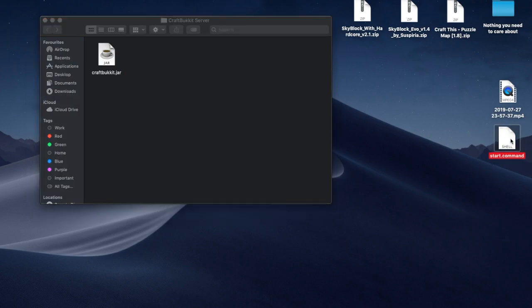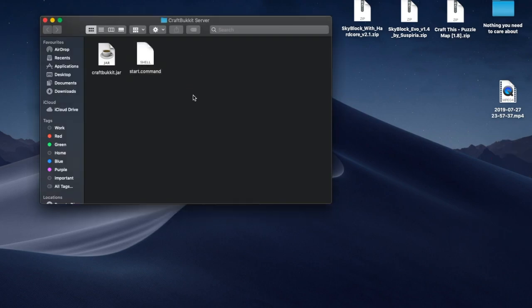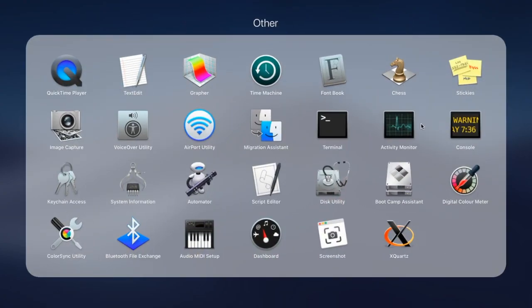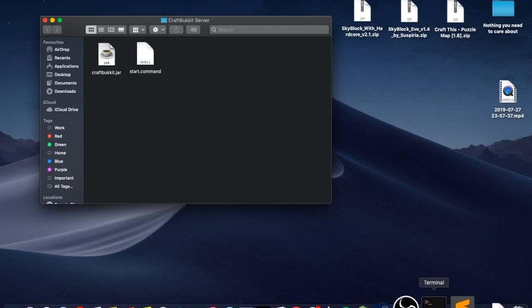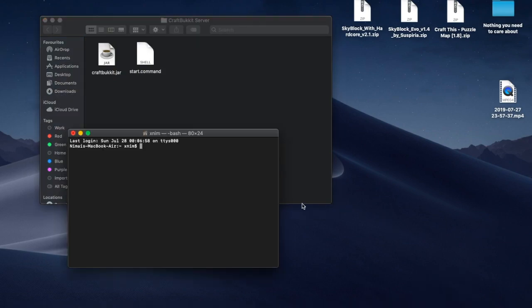So now that the start.command is here, you can drag that into your server folder. Now you can open up a new terminal window. If you don't know where to find terminal, if it's not in your dock, then you can go to Launchpad and then Other, and you should find terminal there, or you could just find it in Finder. You're going to want to open up a new terminal window,